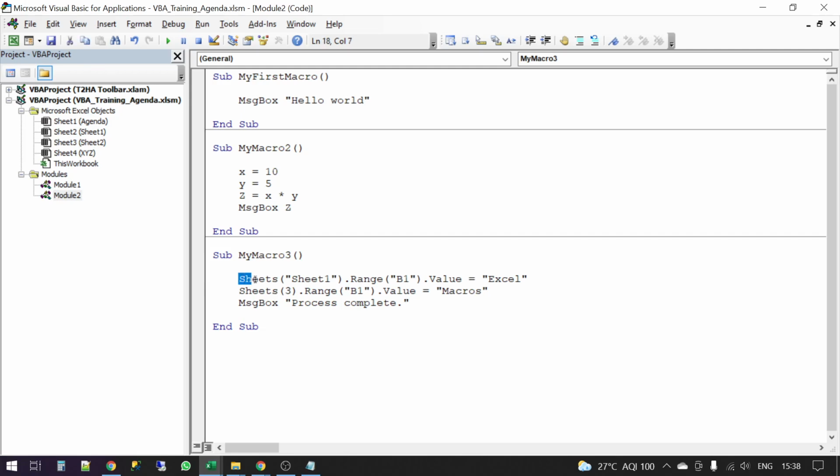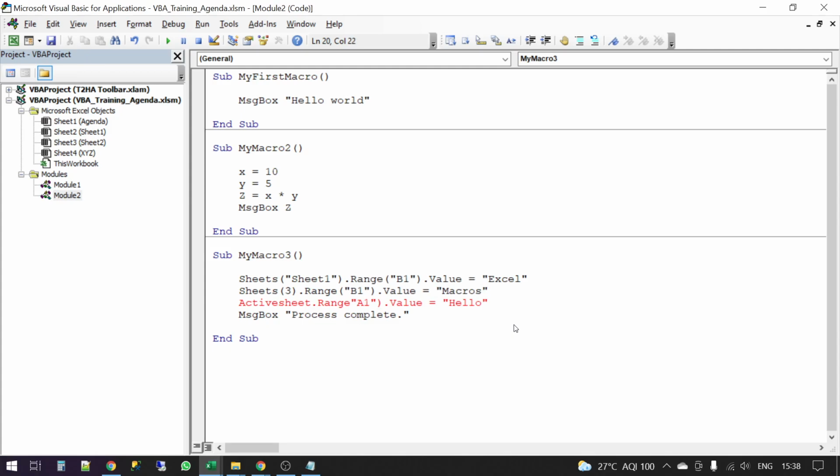So there are two ways to reference a sheet. Actually, there are three ways. I'll come to the third one. One is this. One is this, right? The third way is that you don't want to give the name of the sheet at all. What you want to do is say ActiveSheet.Range("A1").Value = "hello".